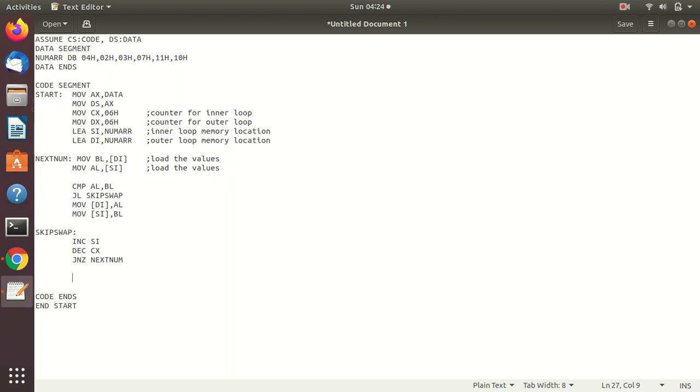And now what will happen here is once you get here, now if this becomes 0, you need to remember SI will be at the last location here as we are incrementing, and SI needs to be reloaded first. Reloaded to what? This same thing. So we write the same command here, LEA SI comma num arr. So again SI will go back to the origin for the next pass.